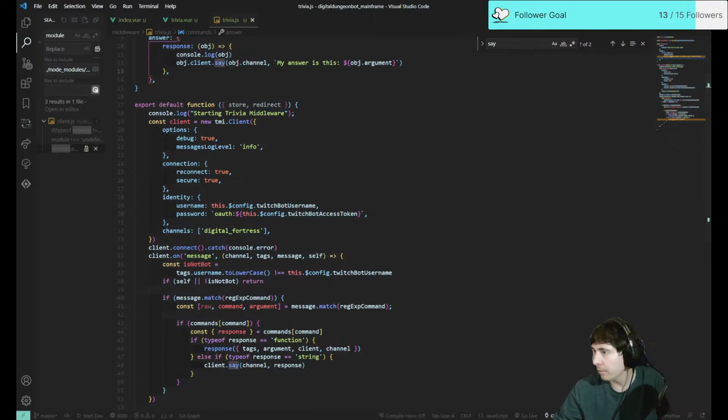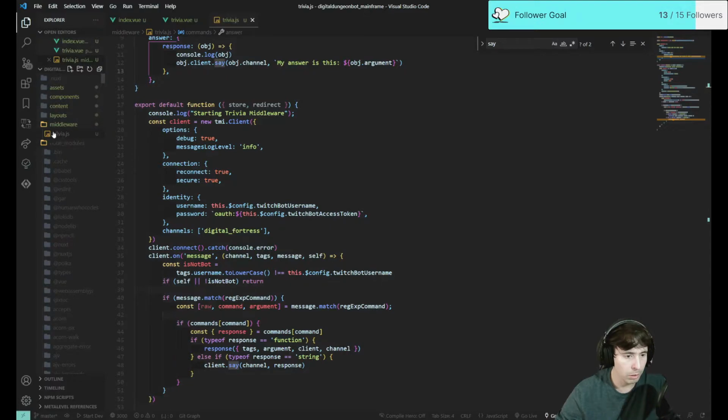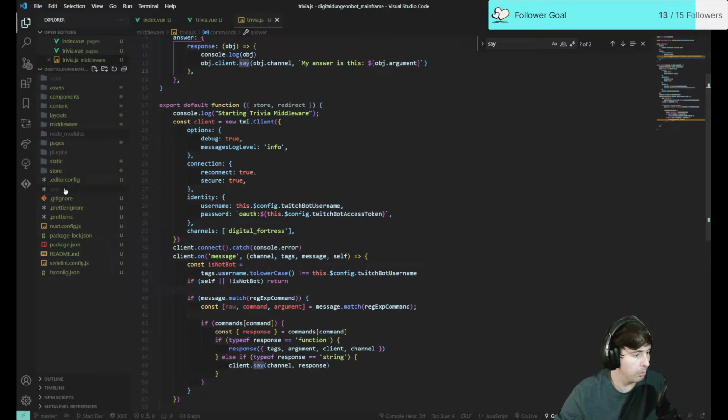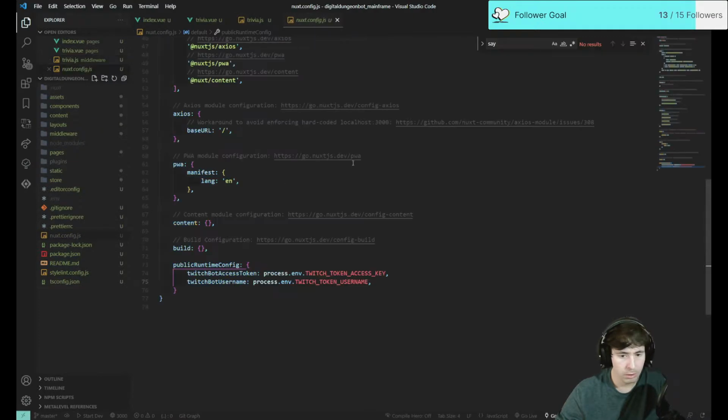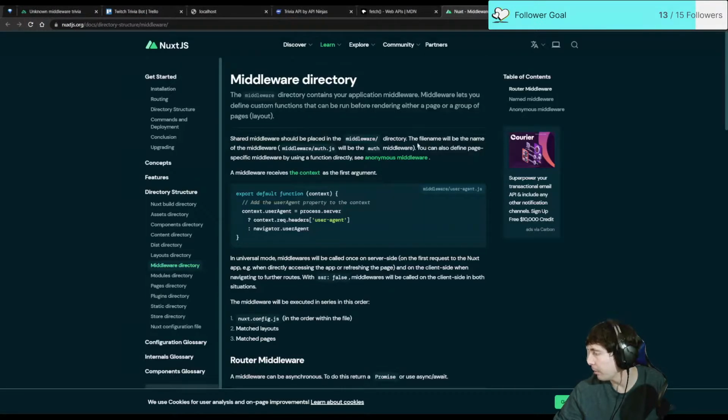The last I checked, come back over here, we had unknown middleware trivia thing firing, and I think it was partially due to some configuration issue. Go ahead and collapse all of these. Pull this out just a little bit more here. All right, so I'm going to go back over here to the shared middleware place. I mean, Nuxt.js, so you can also define case specific middleware,